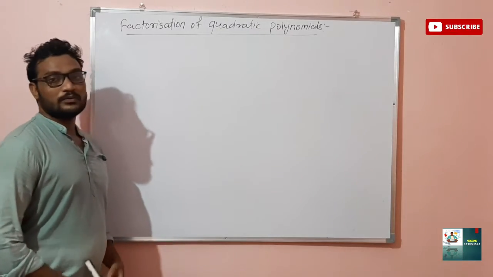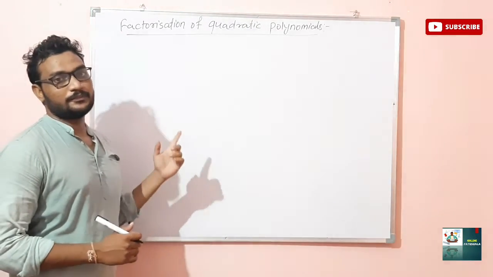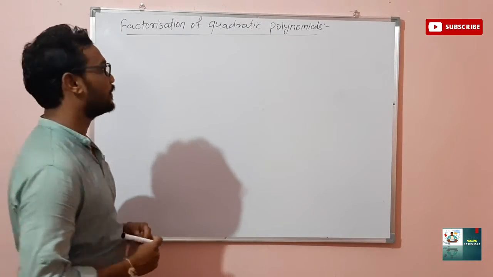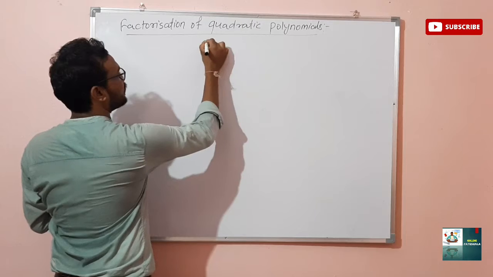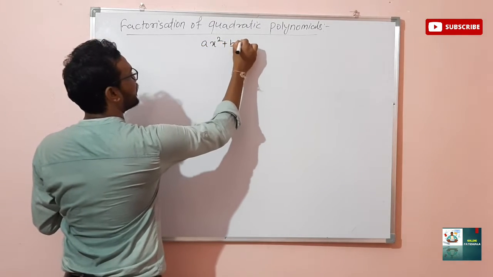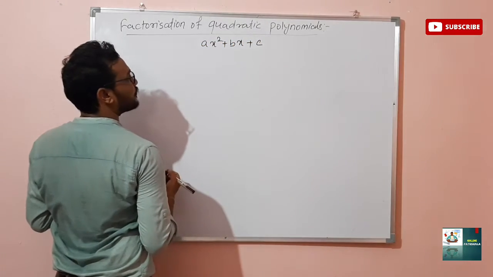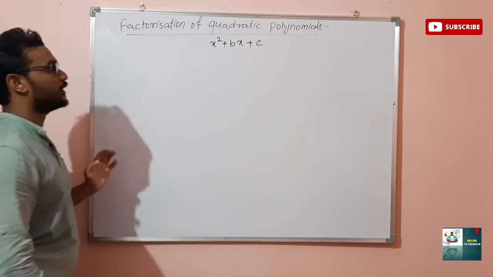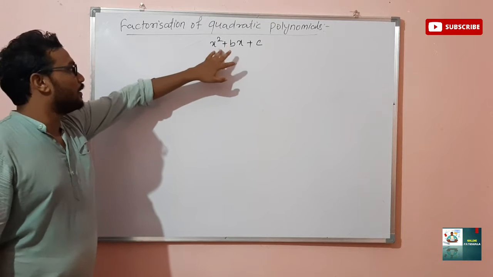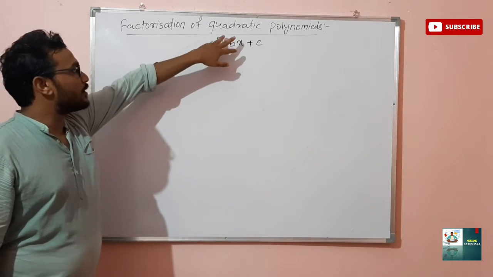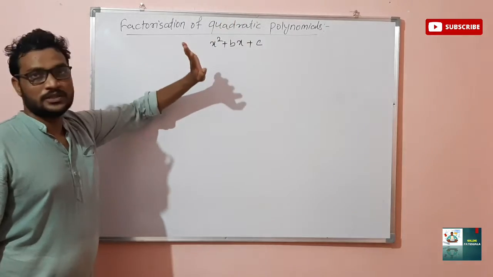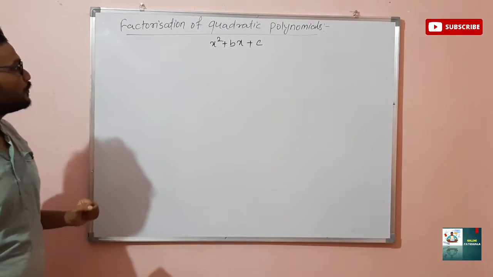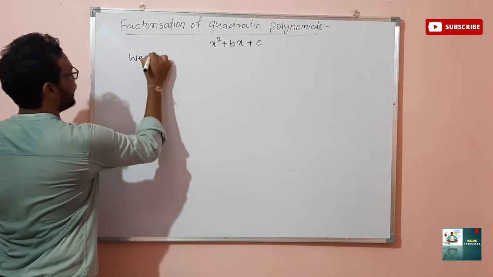Now we are going to learn a very important thing, that is factorization of a quadratic polynomial. A quadratic polynomial is always in the form ax square plus bx plus c, but here I have taken x square plus bx plus c. Here the highest power of the variable is 2, so that is called a quadratic polynomial, as you know. So we have to find